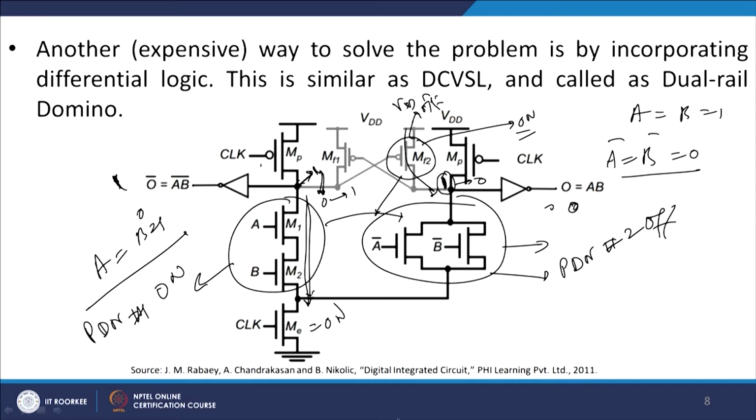Is it okay? So, this is why I say it is an expensive proposition, because when you use a DCVSL you actually end up having larger area. So, the advantage which you got out of domino logic, you are actually losing in terms of this DCVSL. But the idea is typically very good, where you use a dual voltage supply here, and a fully differential output is available to you. So, this is one thing which you should know.